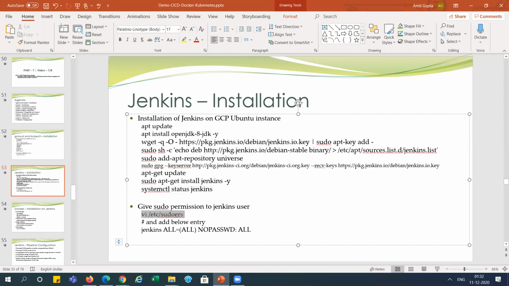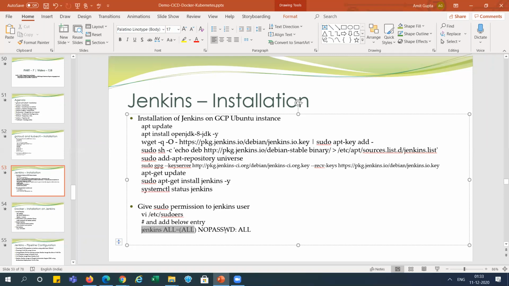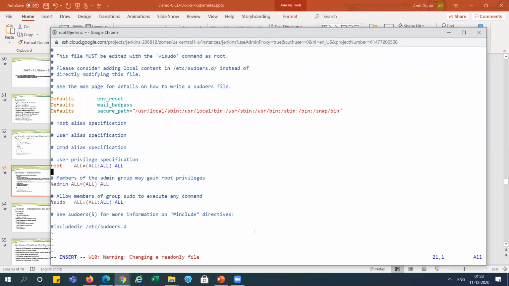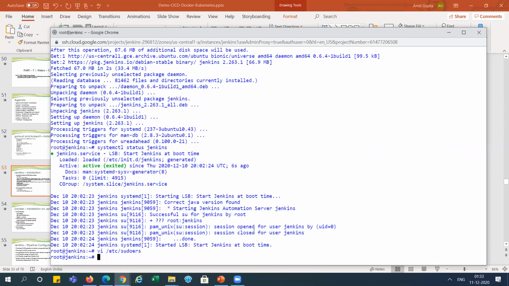Now I will add the Jenkins user to sudo, for giving sudo access to that Jenkins user. So I'm writing it over here. It is done, right?